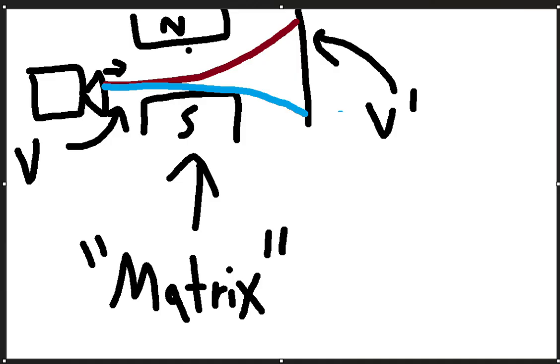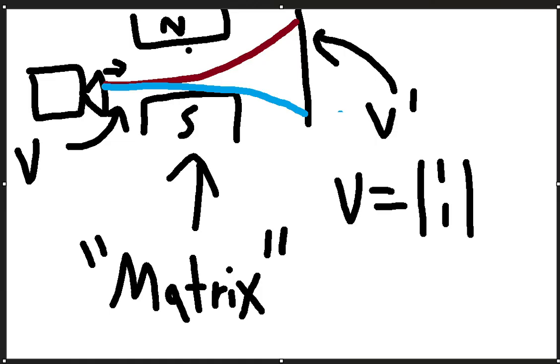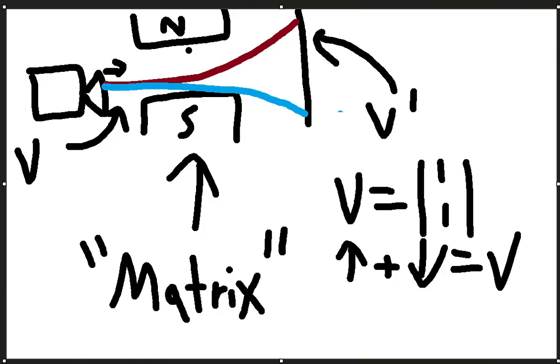Because if we have a vector here, it will go through the matrix and get converted into either being up or downward spin. Because here, V might be a little bit like this or this vector, where it's a combination of both at once. It's an up vector and a down vector all at the same time. But when it goes through the matrix,